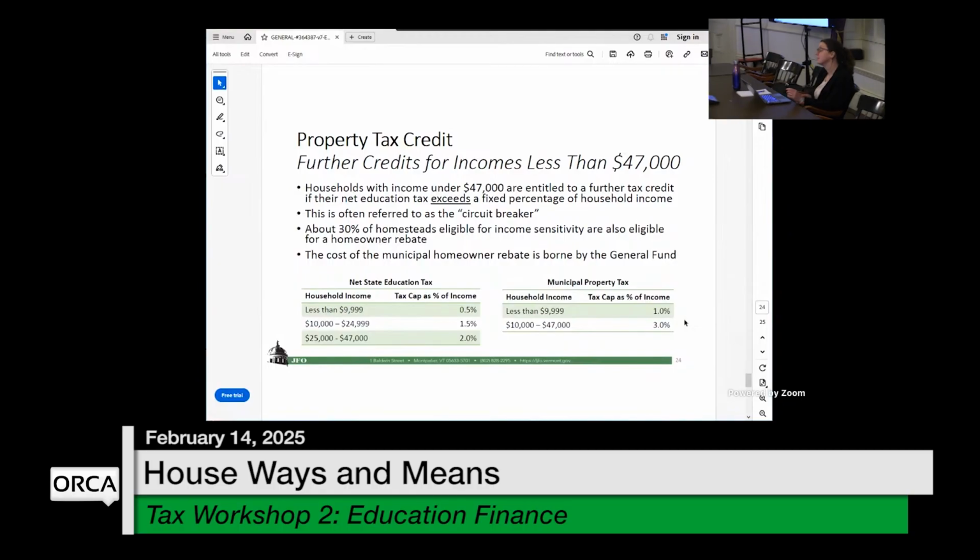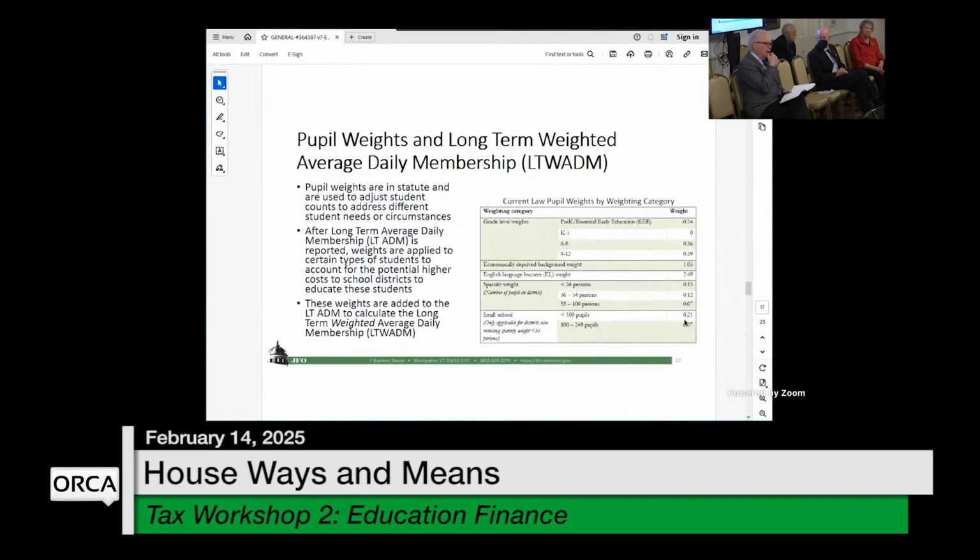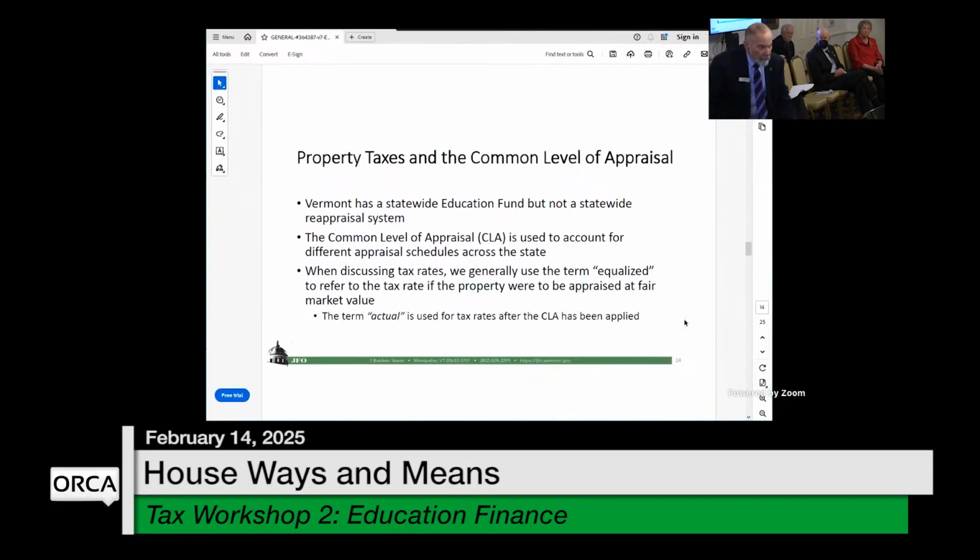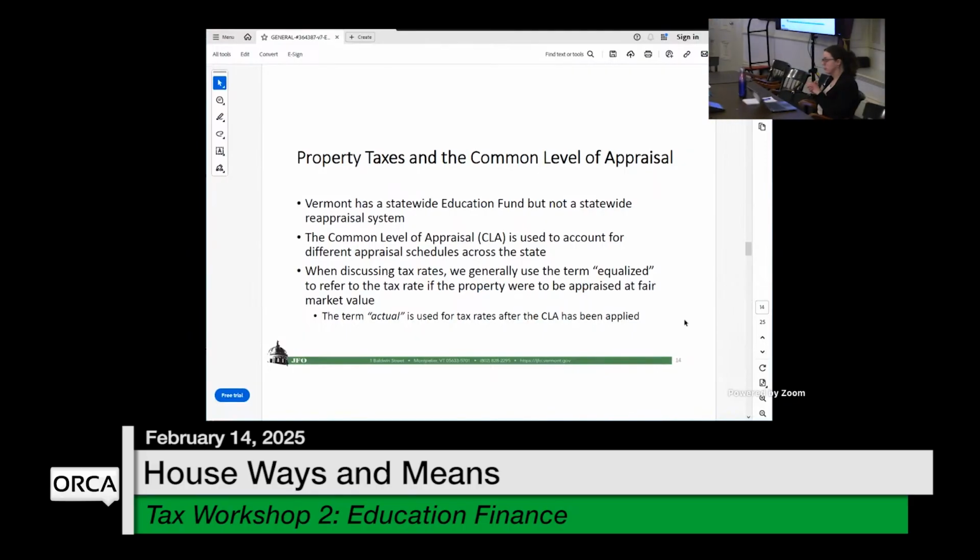I have another question back a ways about CLA. Having been through the reassessment process in my town and changing our CLA, I don't recall whether the CLA comes into play in any way on non-homestead. Yes. So it affects the tax rate for the education. Precisely. So the way that the CLA works